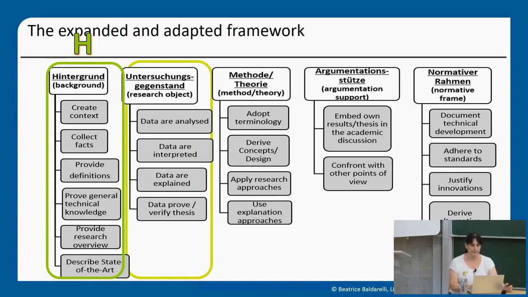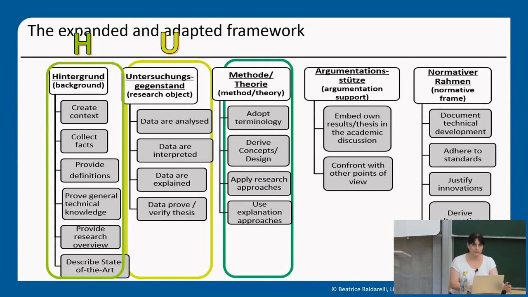The second field is research object. These sources need to be transformed to be analyzed and interpreted. Interpreting data often requires specific data management expertise. And in a broader sense, the research writer should not underestimate the challenge of correctly and scientifically extrapolating presentable results from the available raw material. And we have here our U. The third field is method, Methode, theory, and we have our M.